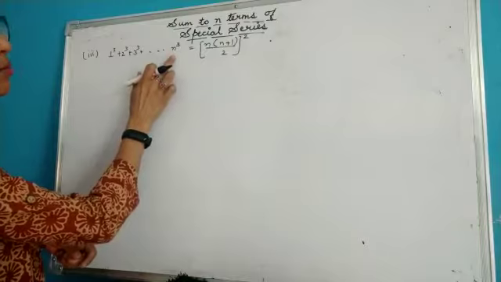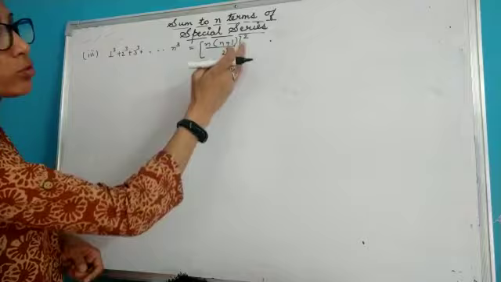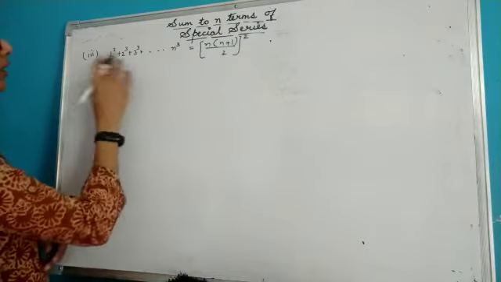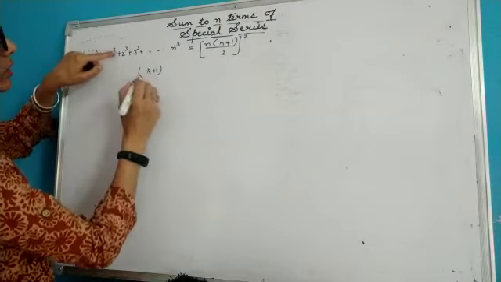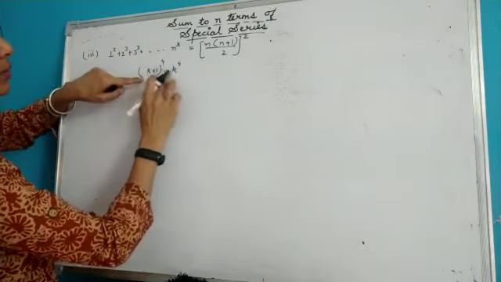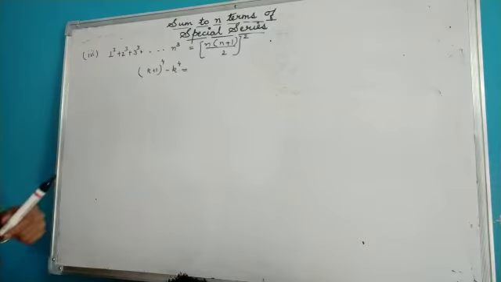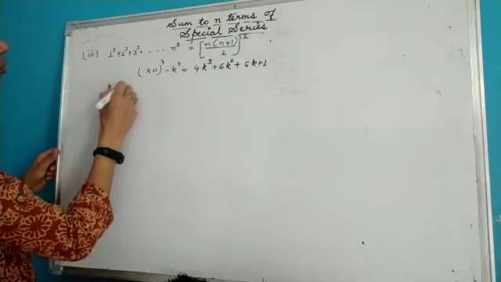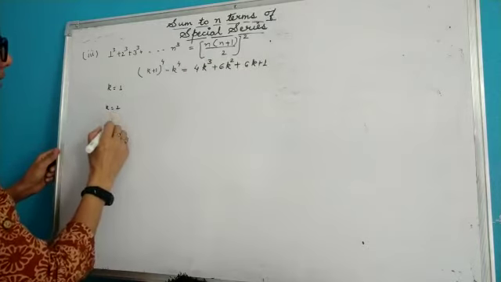That means the sum of cubes of n natural numbers gives you n into n plus 1 by 2 whole square. So in the previous proof I told you that for it you have to consider the identity k plus 1 to the power 4 minus k to the power 4, this being cube over here. Successive term minus preceding term. Now when you open it, you just have to put k equal to 1, k equal to 2, up till k equal to n.